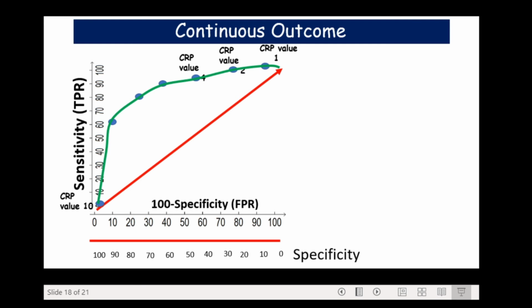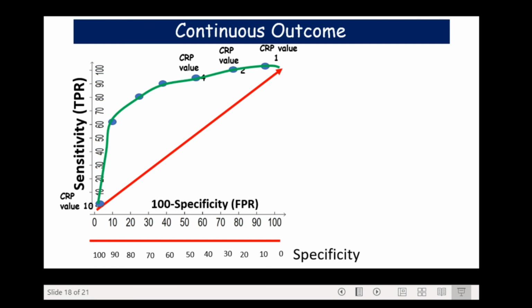Now draw a diagonal and then join all the points with a free hand till the ends of the line blend with the diagonal. The curve so obtained is called the receiver operating characteristic curve, and the area it encloses is called the area under ROC curve. If the curve is close to the diagonal, AUC is around 50%, whereas if it reaches the left upper corner, AUC will be 100%. Larger the AUC value, with a minimal cutoff of 70% or 0.7, better is the discriminatory power of a diagnostic test.